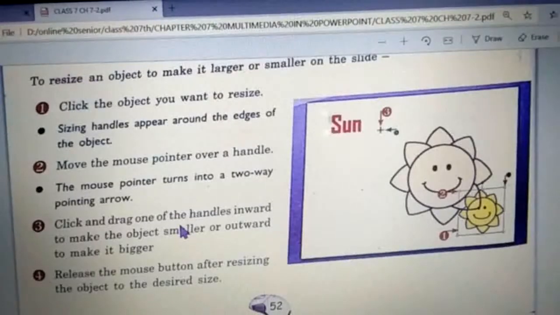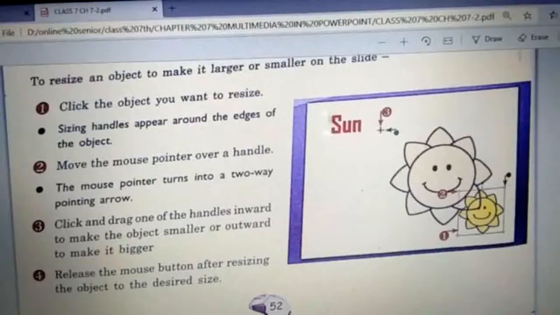If you want to increase, obviously it is outward, and if you want to decrease the size of the object, you will drag it inwards. And when you are satisfied with the size, you will release the mouse button after resizing the object.